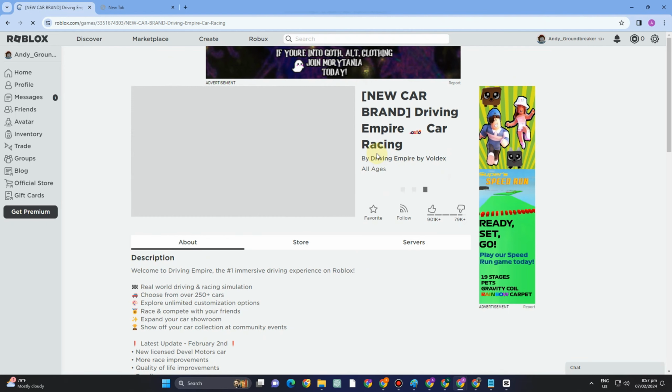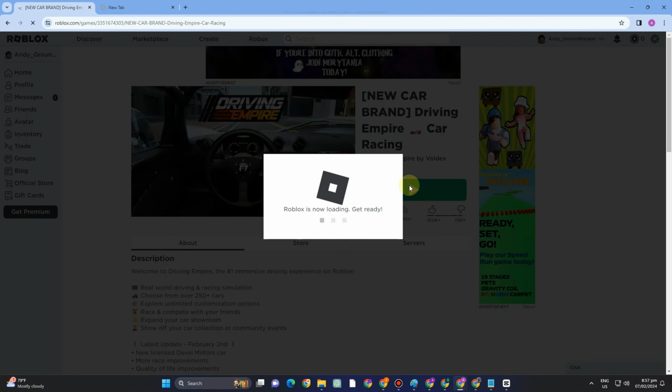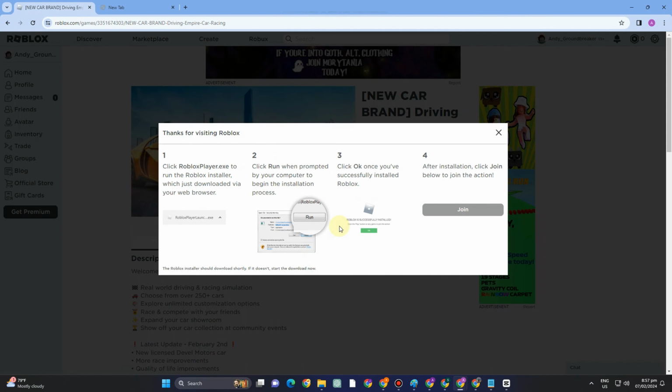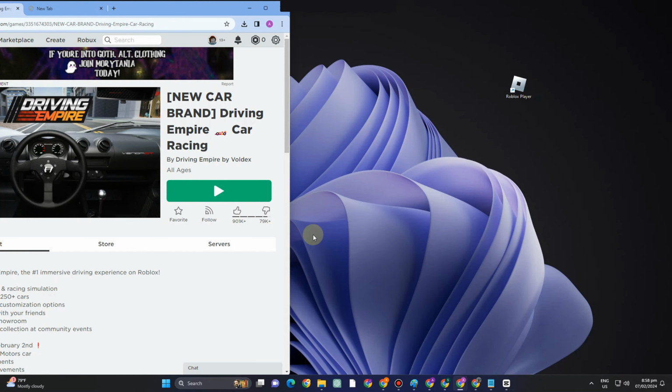You have to tap it. Then after that, you will see a notification. It says download and install. So you have to click that button here, download and install, and you will be notified above that it is now starting to download. Once done, you have to go to your download folder, tap Roblox, and then run this as administrator. And then once Roblox is launched, try to see if it's working well and it's not